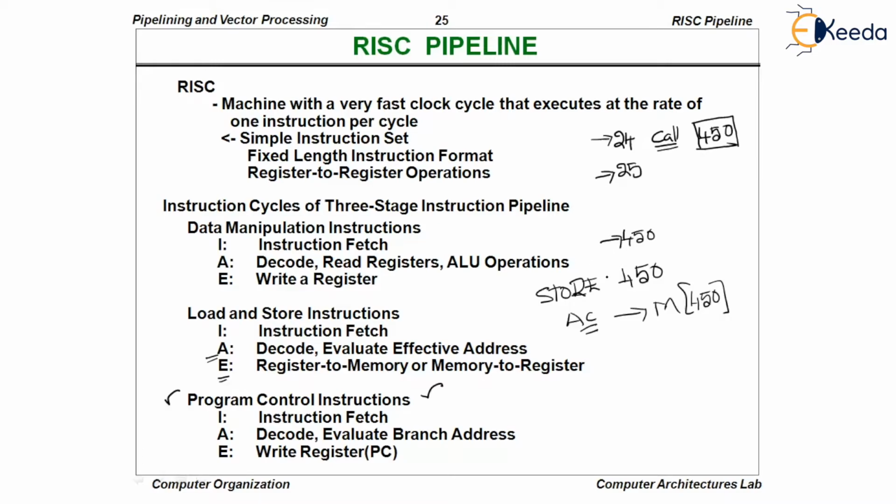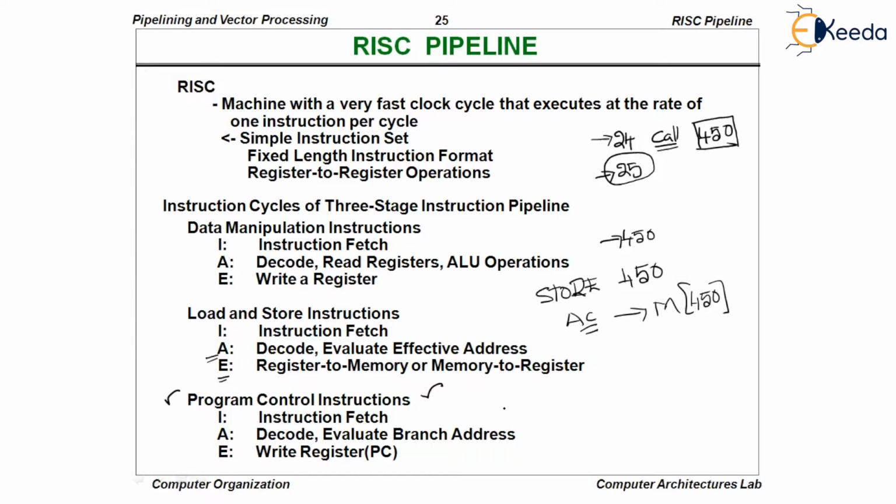Once again, generally, a program will have a flow. Right after the first instruction, there will be a second instruction. After second, there will be a third instruction. This flow will always be taken unless there is a branch instruction. Whenever there is a branch instruction, we will branch to the desired location rather than simply executing the next instruction. For example, a call instruction. Whenever there is a call instruction, a branch will be taken to the address that is specified within the instruction. So rather than executing 25, we will go to 450th instruction and we will start our execution sequence.